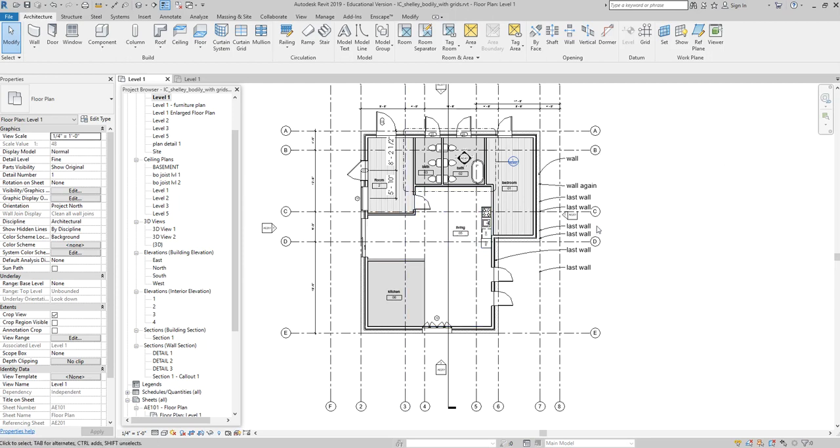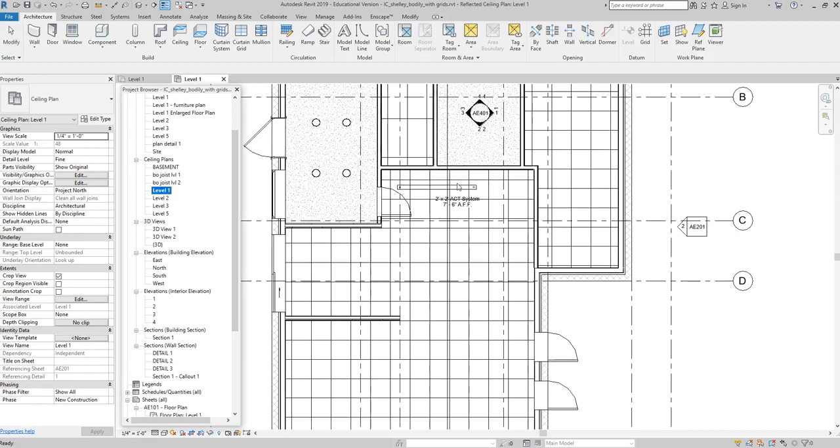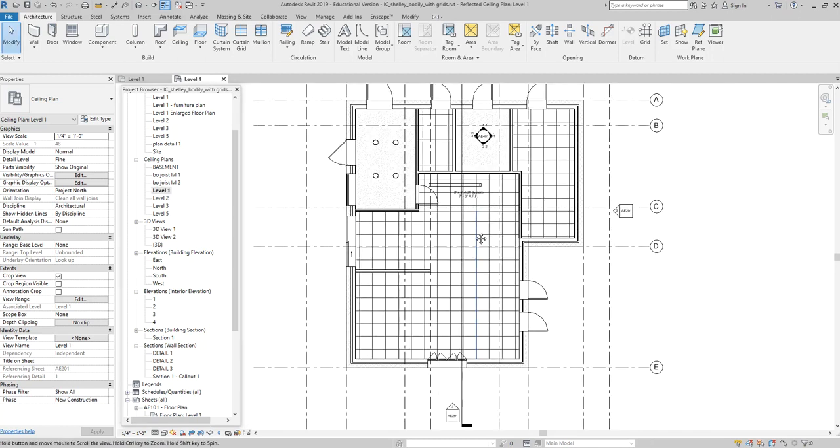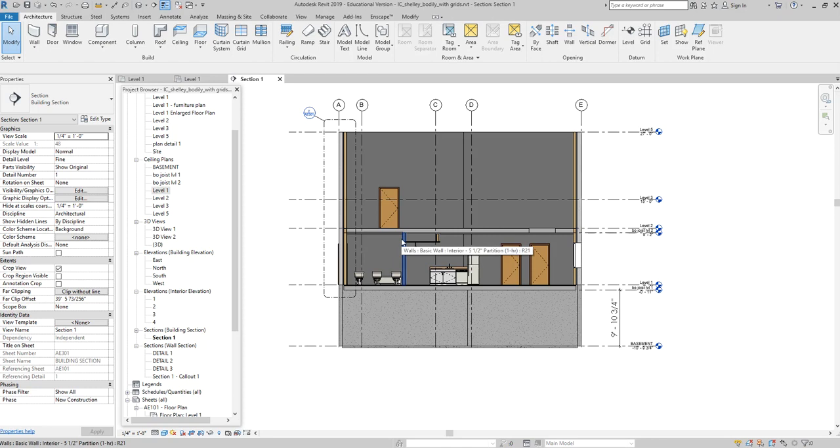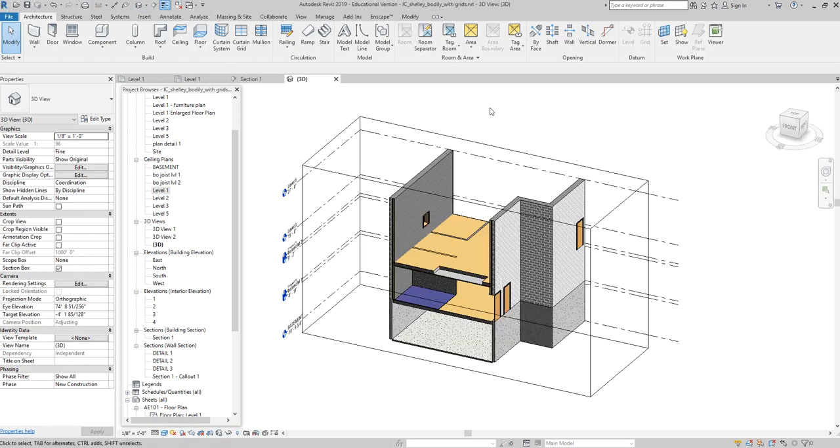Good. Ceilings are really going to make you navigate around your model. All right. So you're going to be going from floor plan to reflected ceiling plan, and then you're going to put something in there and you're going to say, oh, is it at the right height? I don't know. I'm going to draw a section and I'm going to click, go to my section. I'm going to align it. And then I'm going to pop up here to my 3D view, and I'm going to turn on my section box, on and off,